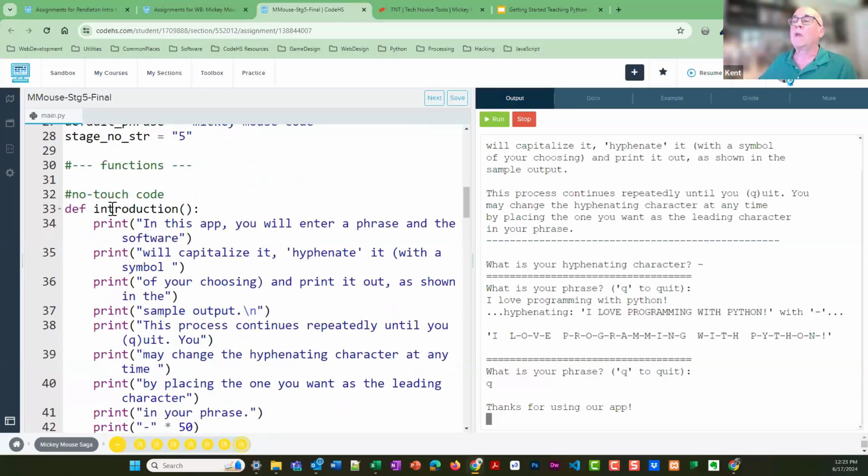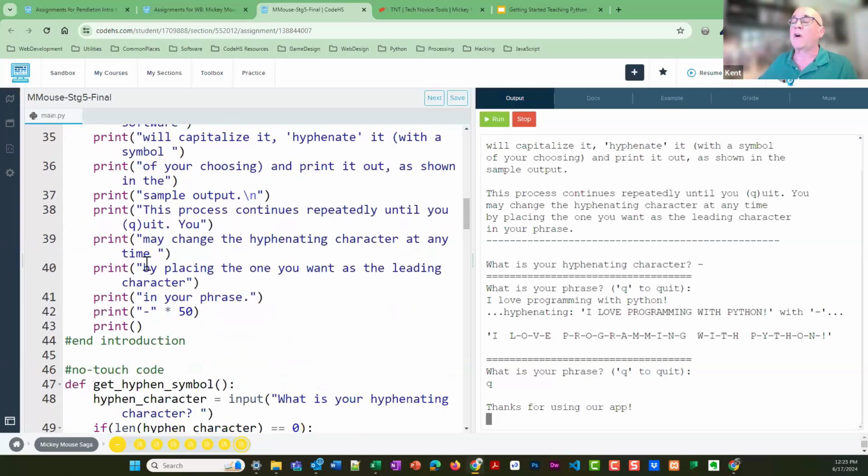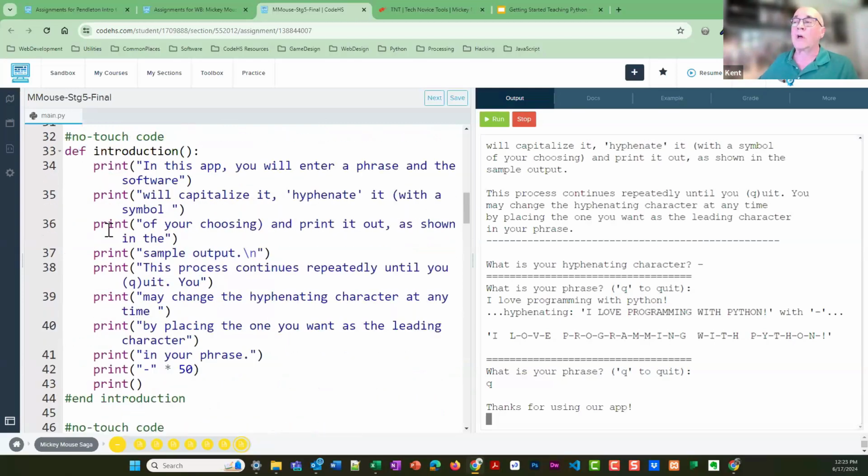And then, of course, functions are a really big deal in all of computer science. So here I've got a function section with the definition of the introduction function. Also you'll notice I like to show where things begin and end. I think that's a good practice, since Python does not use curly braces, which I was aghast at first. I put in my little comments to show where things begin and end. I just feel like that's helpful.